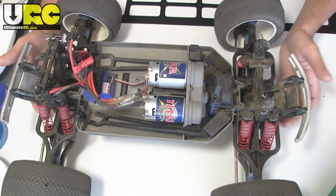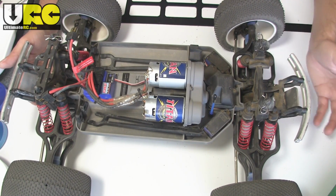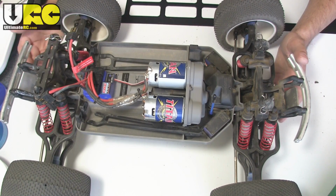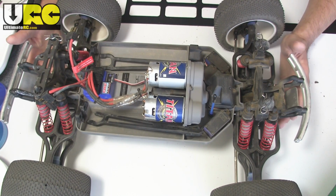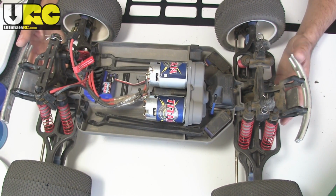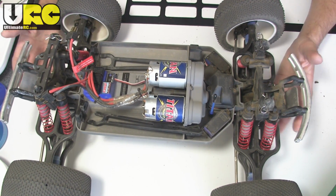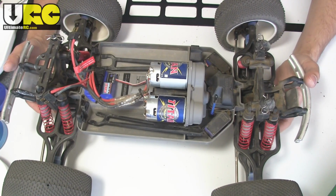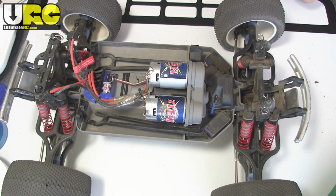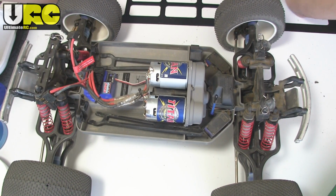I got a little bit of bend in the eighth inch aluminum front skid from hard hits directly onto the hard ground at top speed from a big jump, and seems like no damage. So thus far the durability upgrades are working. We'll see how long that lasts, but I'm hoping that it'll all last quite a while. Still way down on speed naturally, brushed motors, old school, and like I said, just found it to be a successful test because I learned what I needed to learn, which was just that indeed the shocks need to be